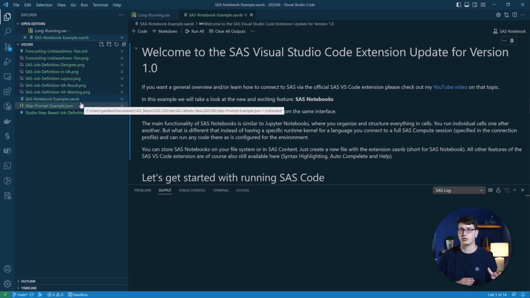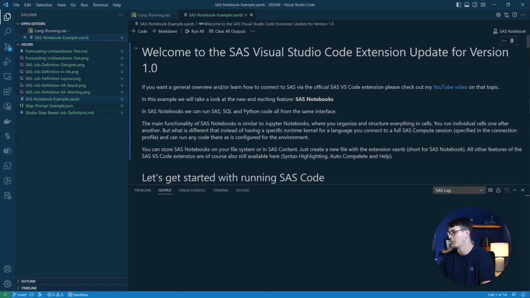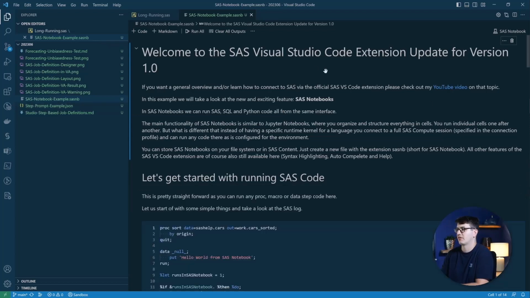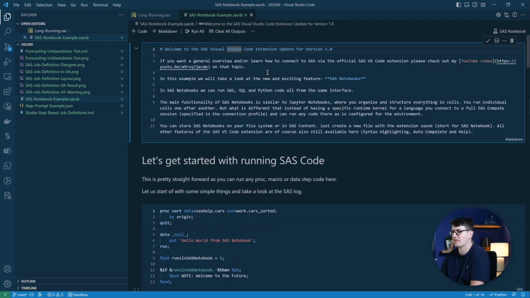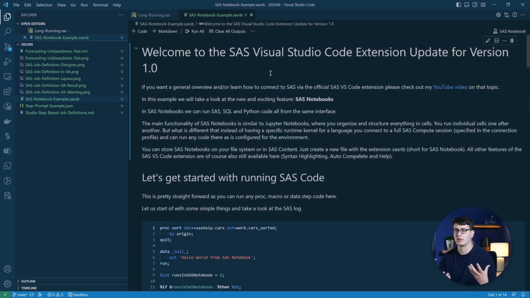If you want to learn how to connect or the general navigation within VS Code, check out the previous video I did on the SAS VS Code extension through the link up top or the first link in the description below. So here we are inside of a SAS notebook, where you can see I have already generated some Markdown here at the top. If we click into that cell, you see generic Markdown. And then if we run that cell, if you are used to Jupyter style, you can use Control Enter to just run a cell, or of course use the navigation up top.